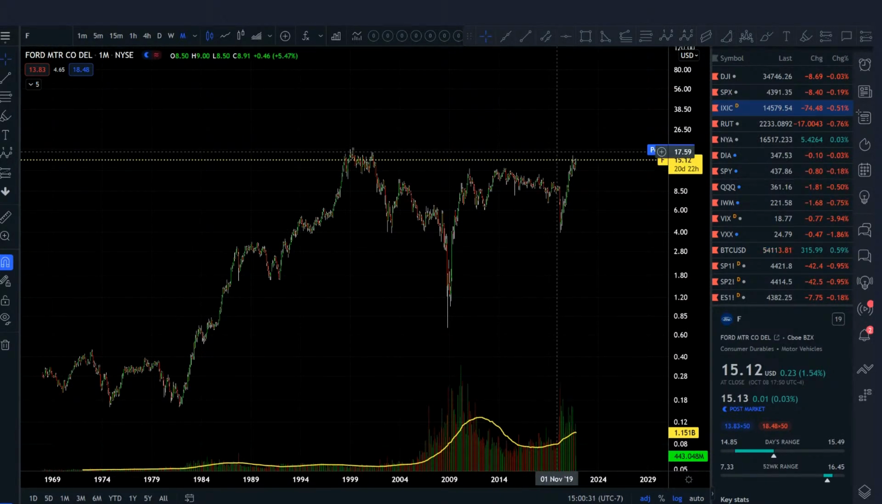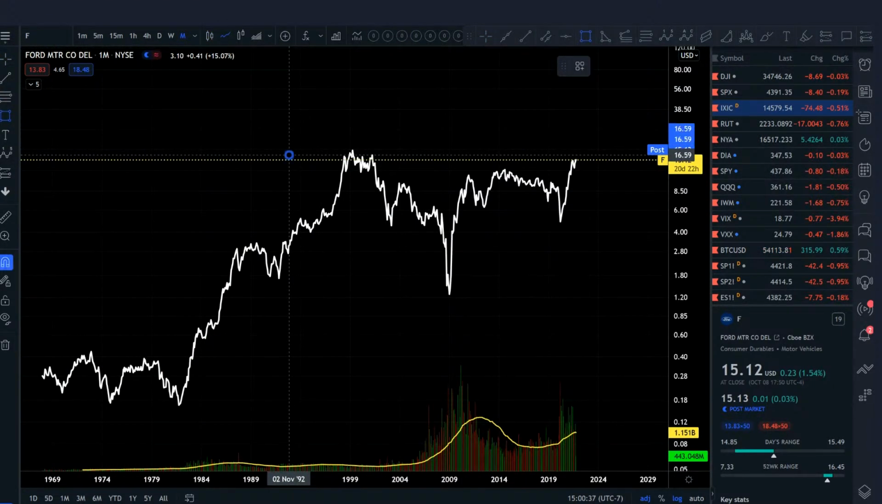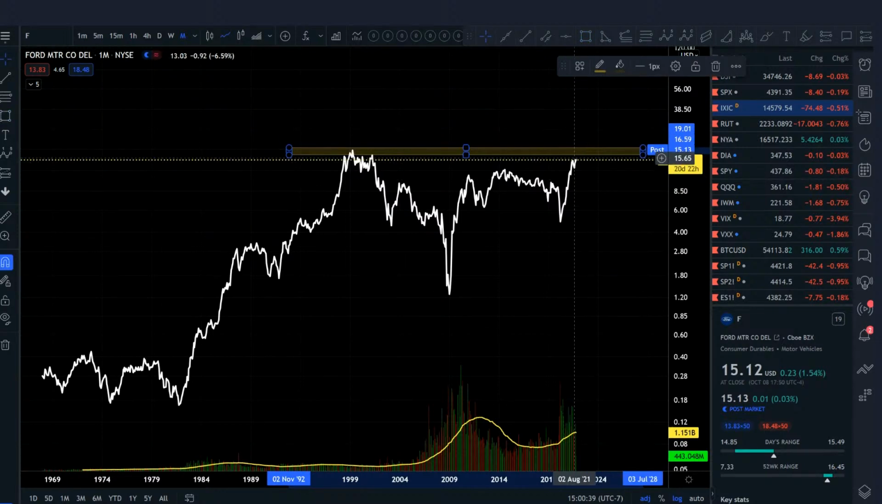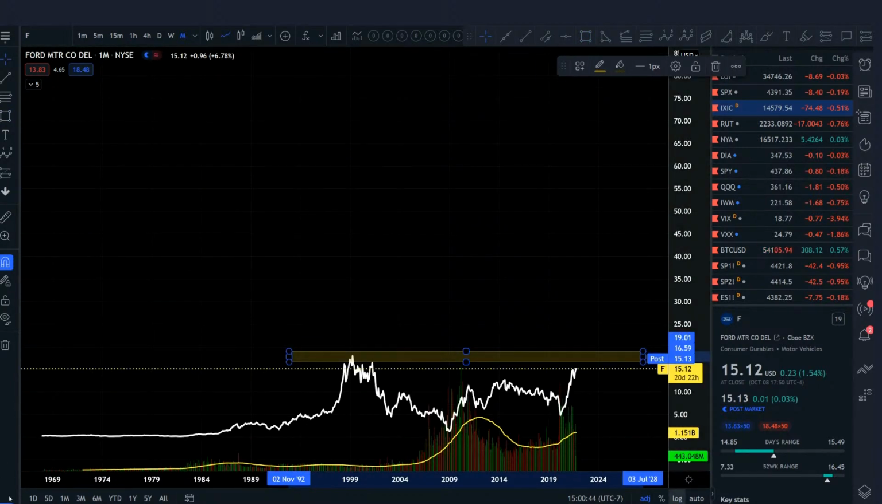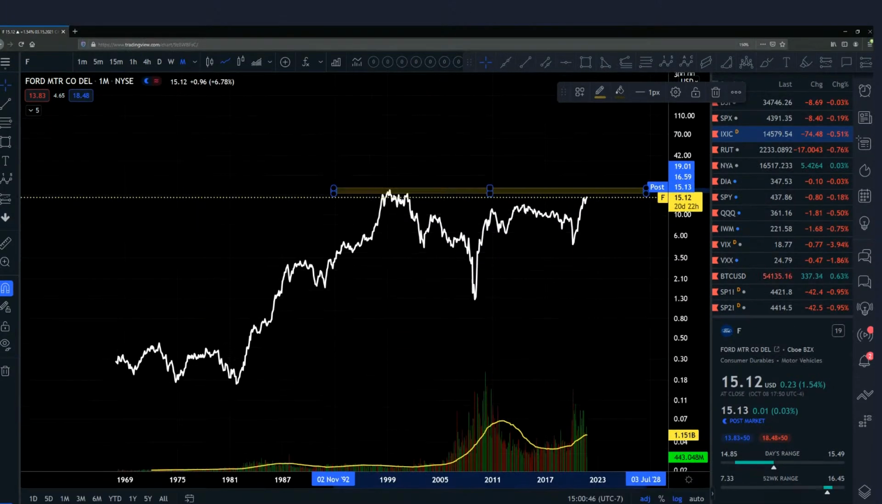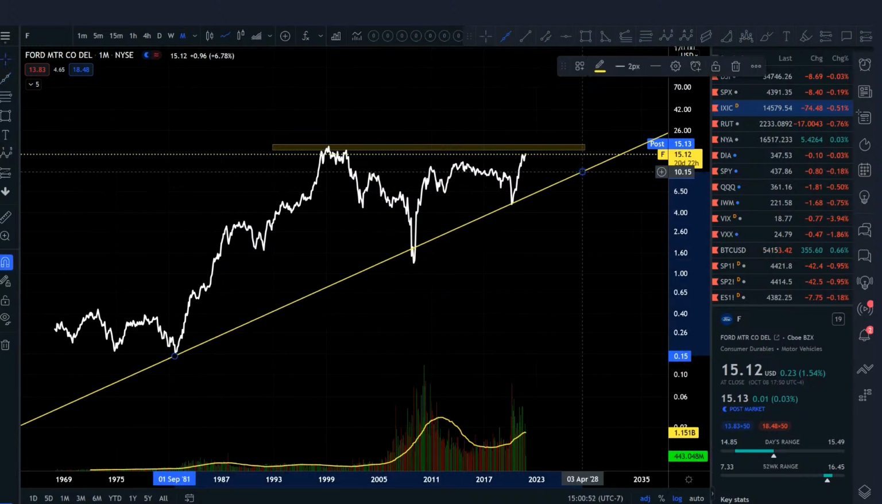So Ford is hitting its previous 1999 dot-com boom resistance level. So that's going to be a significant level. Almost there, not quite. I'm on a log chart right now, so I can see all the way back to 1969 prices. So what I would do is, even though this is not textbook perfect, I would still use this